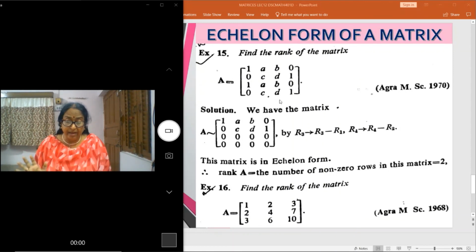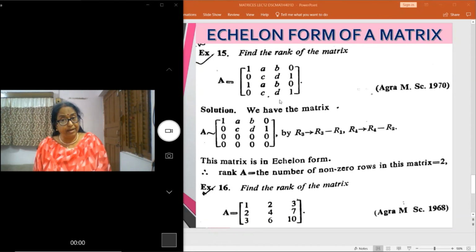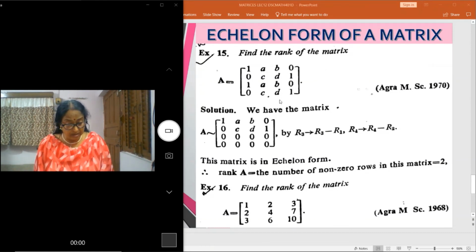So here in echelon form, you check only by giving row transformation or only column transformation, not both. And the number of zeros in the row should be taken in the last rows, and then a number less than the last row, then a number less than the last but one row. This way you can proceed. So today